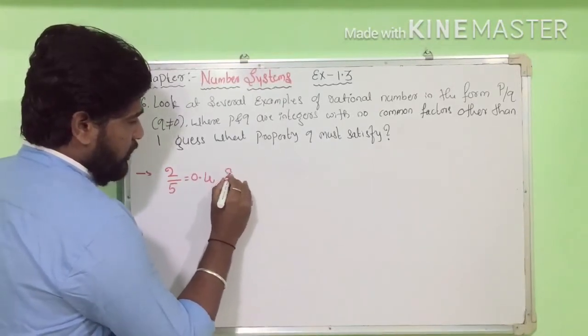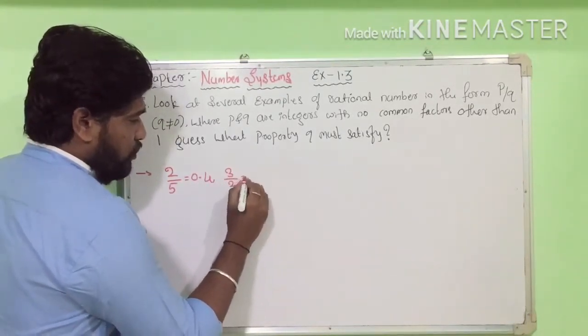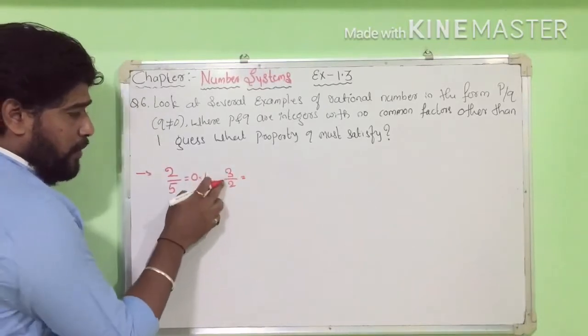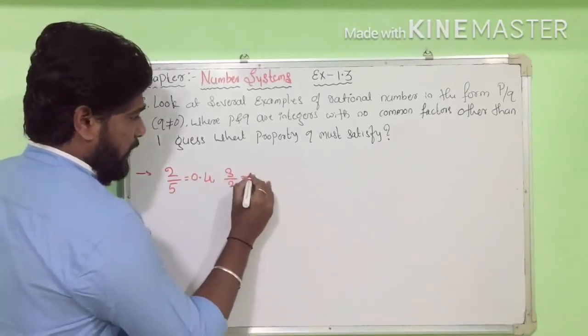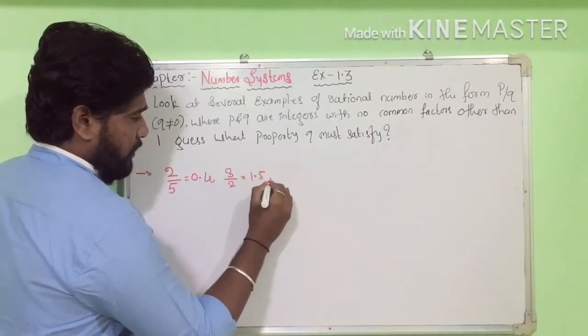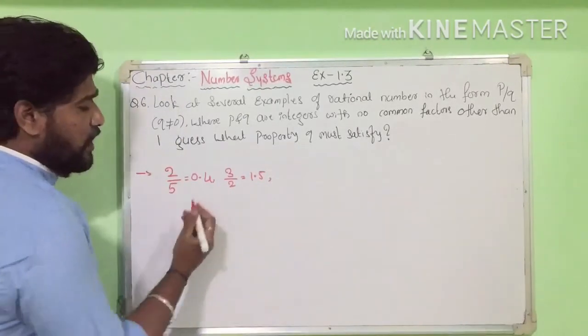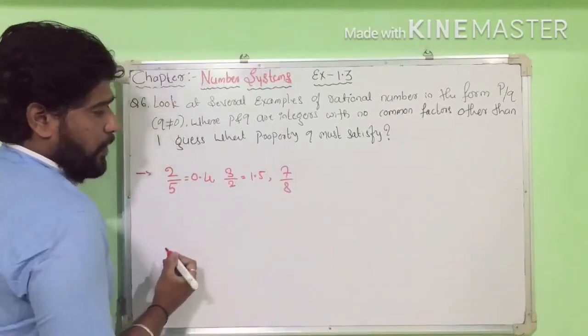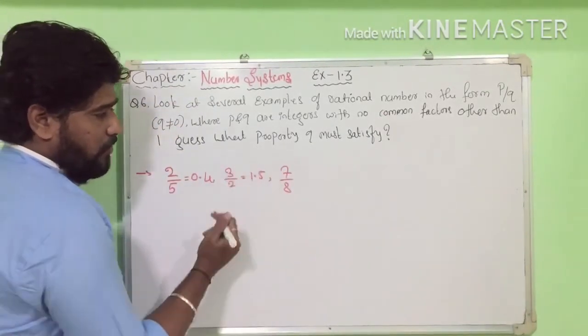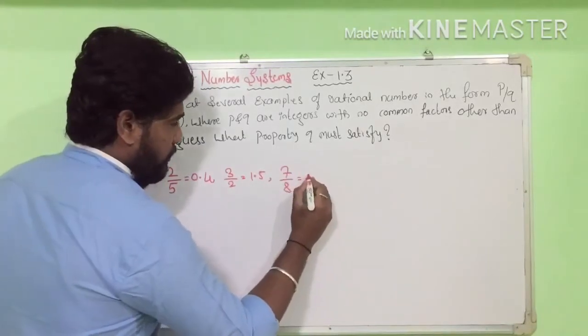Another example, 3 by 2. 3 by 2 is in the form of p by q and they have the common factor 1 only, right? Written in decimal, 1.5. Is it clear? So next one, 7 by 8. It is also in the form of p by q and they have the common factor 1 only. Right, in decimal it becomes